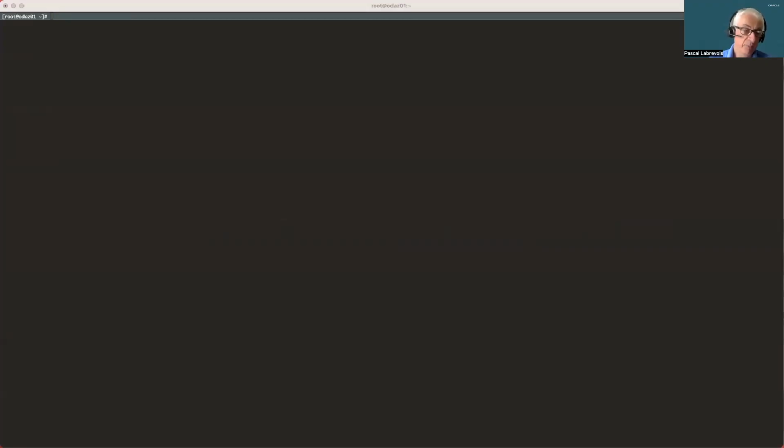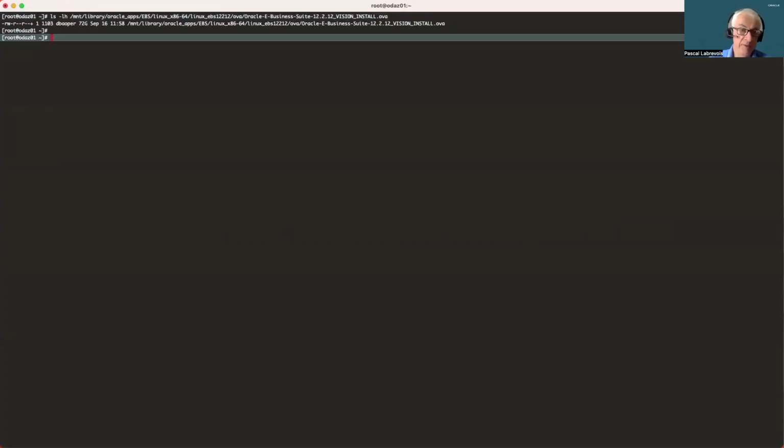As an example, I'm going to use a virtual appliance image of EBS. So I pulled from eDelivery the patch files for the EBS Vision environment 12.2.12. It is 72 gigabytes that I want to import into my X10 ODA.